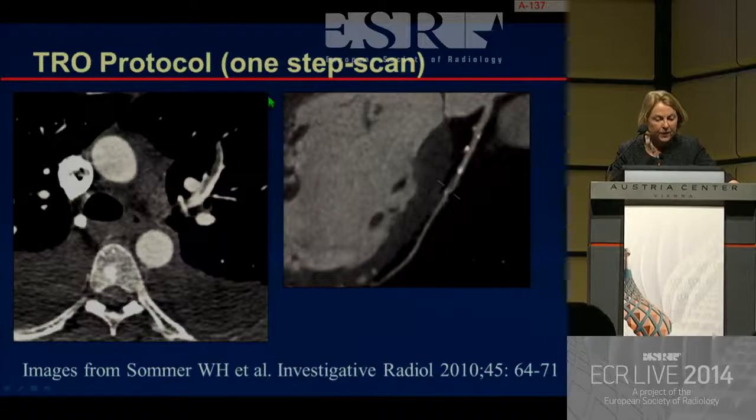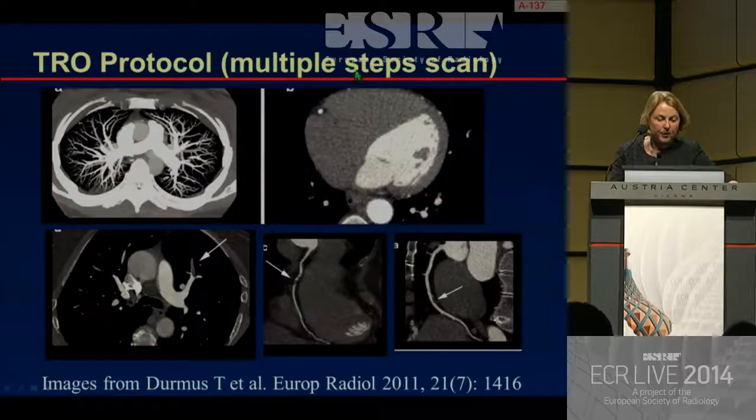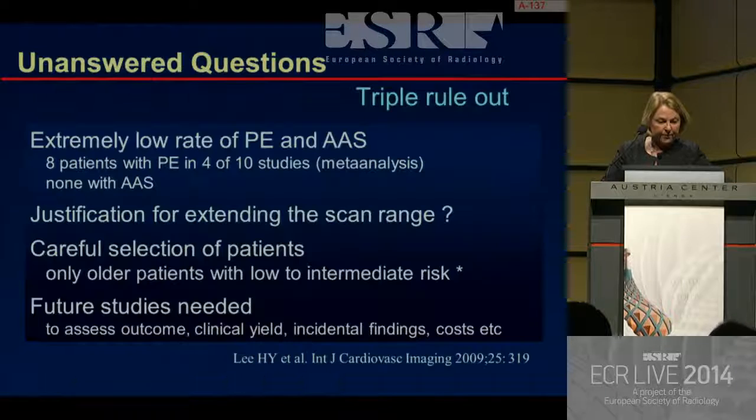These are images just to show you what you can achieve with a one-step scan, showing here pulmonary embolism and at the same time a small intravascular defect in coronary arteries. And this is for a multiple-step protocol, again showing equally good quality in all 3 vascular areas. Unanswered questions: talking about that, and also going back to what I just told you in terms of dose and